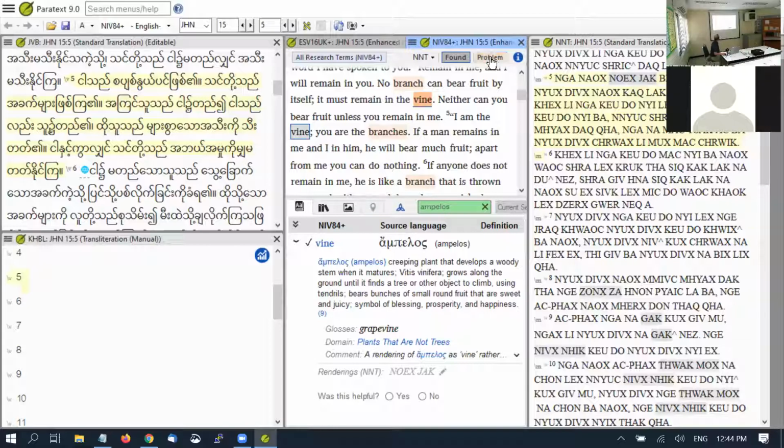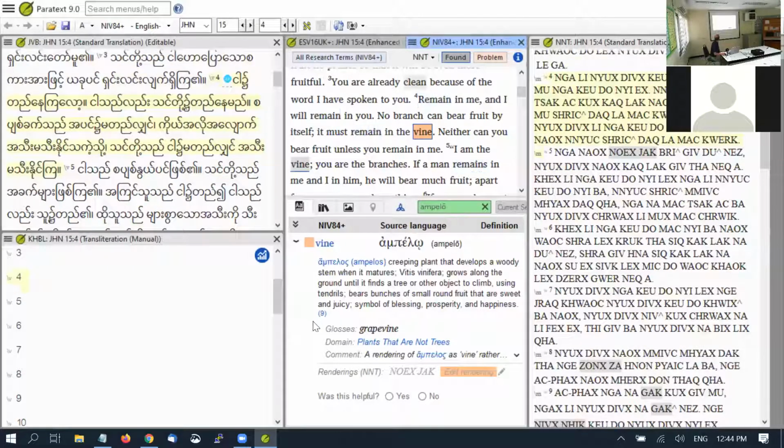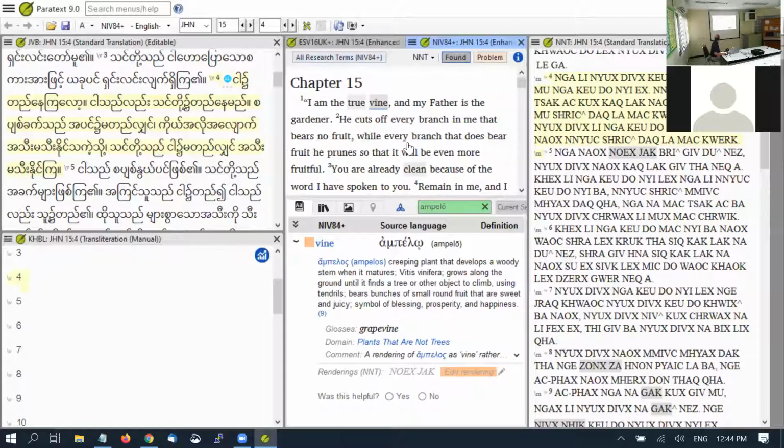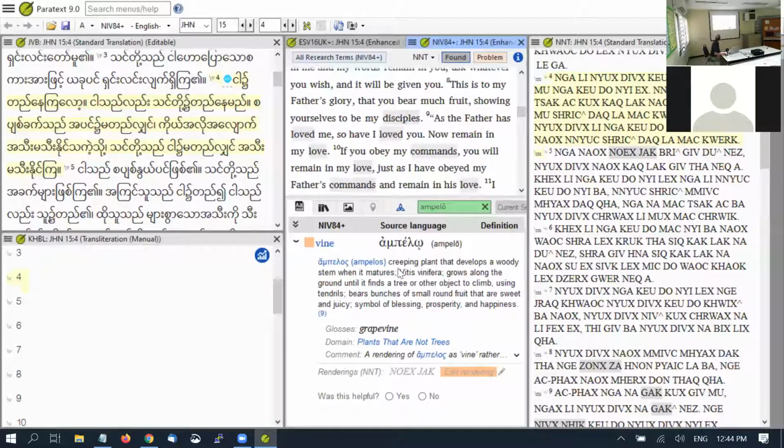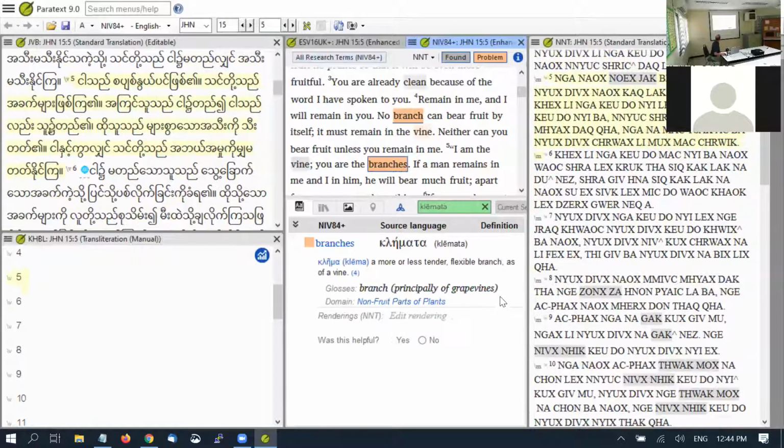And then the problem ones are basically ones that you haven't defined in your translation. And you can click the, let's see, I don't know why. Maybe I don't have permission for that translation. John, does it work the same way with the Old Testament? Yeah, I think so. I'm not sure why it's not letting me do this, but